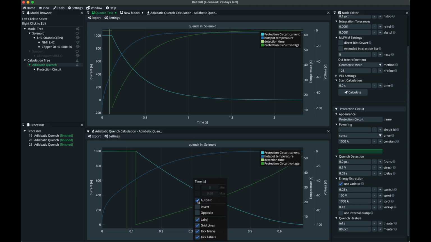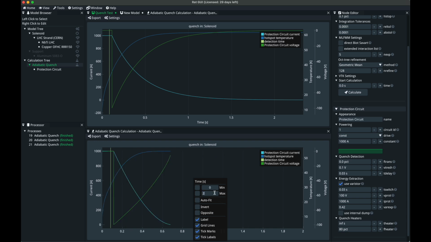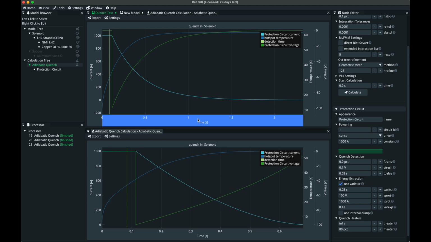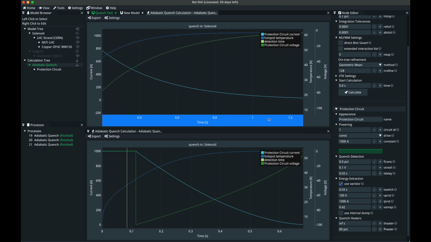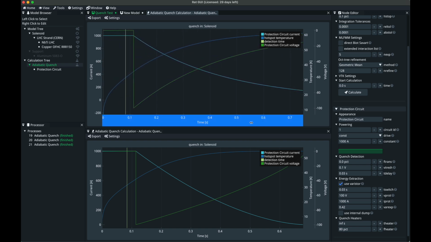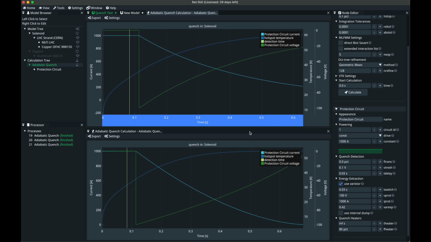So let's auto fit, and this also goes to 2.5. Excuse me, 2.5. Obviously that's not in the plot here because that's where the plot stopped. So let's do auto fit, and let's zoom in on the axis here on about the same time scale, more or less. There you go. You see here you have sort of a linear rise, but here the voltage stays high for